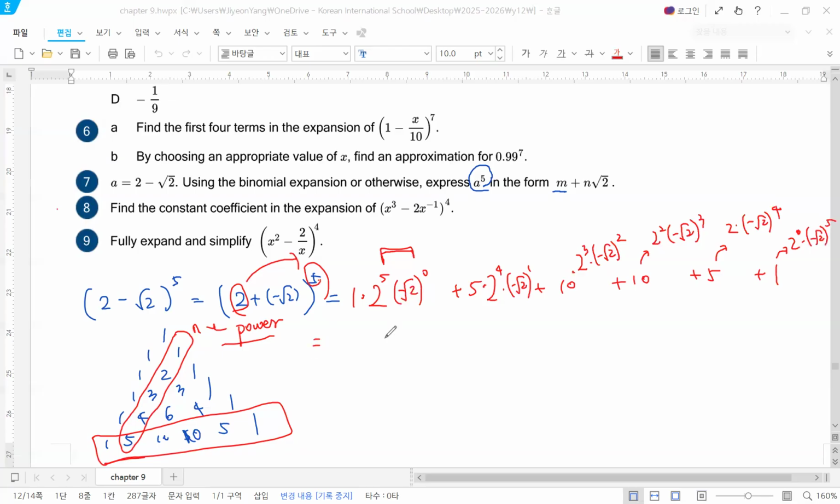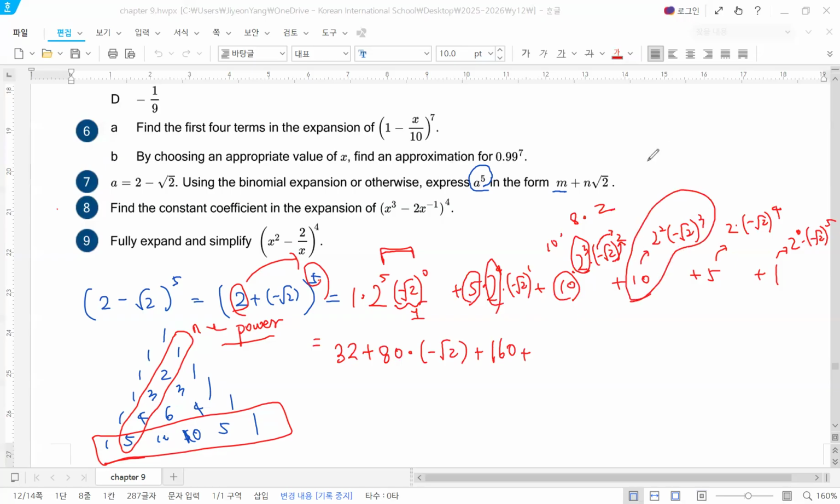Let's rewrite this one. This value is 1. So what is left is just 32, plus 5 times 16, which is 80, and then negative square root 2, plus 10 times 8 times negative square root 2 squared. Negative squared is positive, and square root 2 squared is 2. So therefore 160, plus